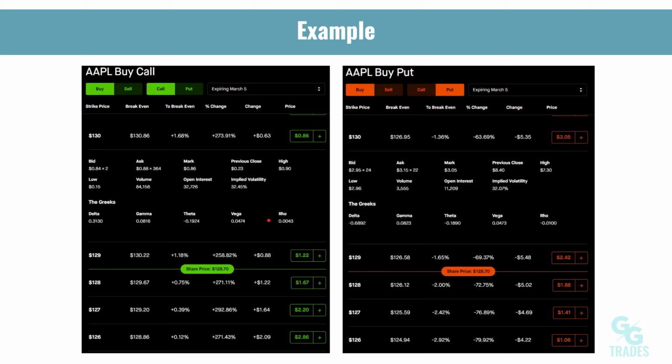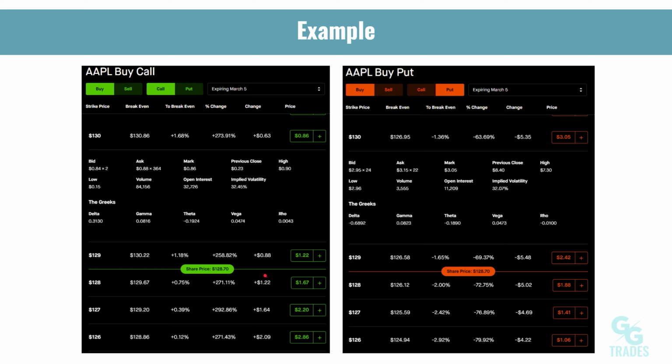You heard me talk about in the money and out of the money, right? So Robinhood does a nice little trick here. Every platform has some way of distinguishing in the money versus out of the money. For the call side, as you are betting that the stock is going to go up, as you can see, the share price here is 128.7. And this line is here because everything below this line, so everything under 128, and you want to look at the whole amount, everything under this green line here is considered in the money,